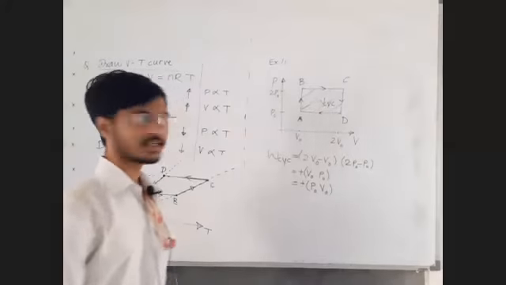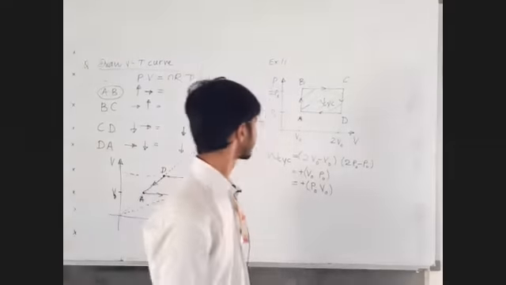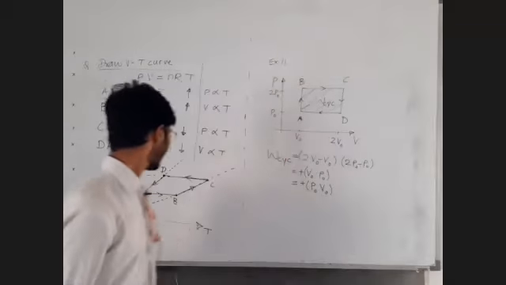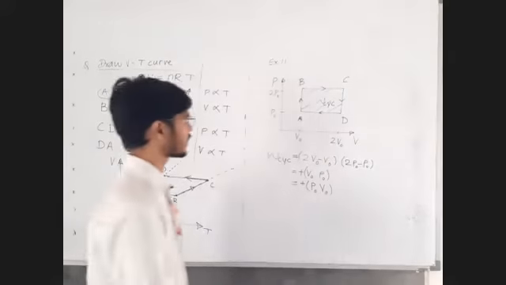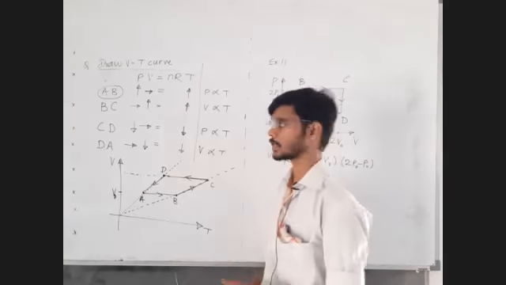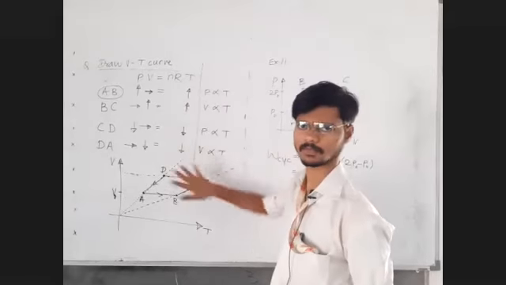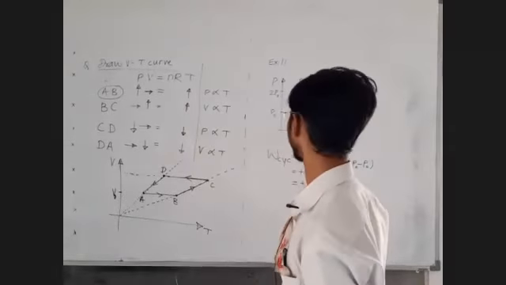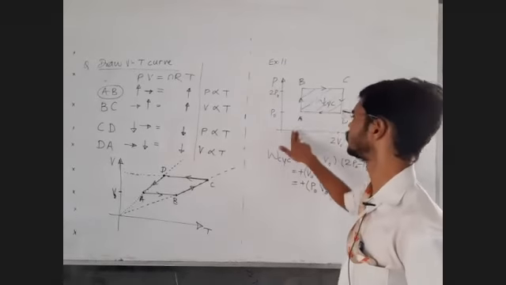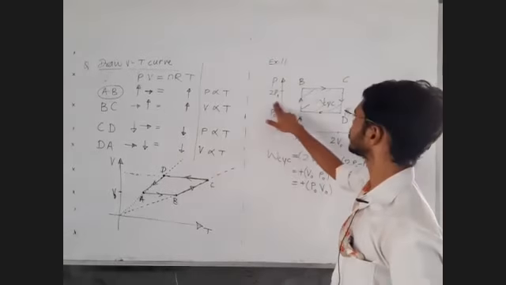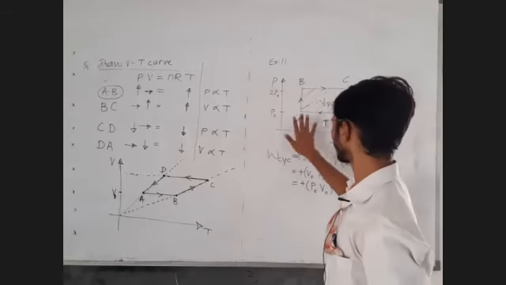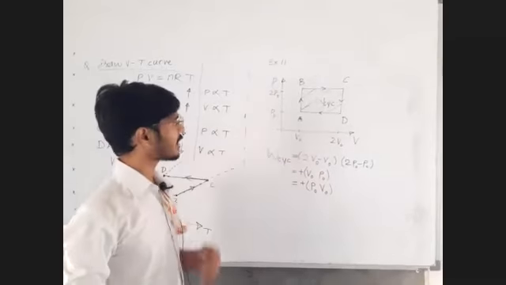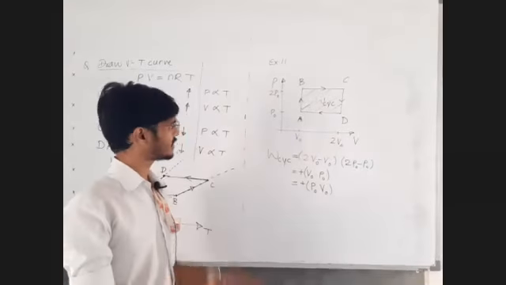Generally, if you master this method, once I see this, I can immediately choose the graph, because I have practiced this so many times. Or I can at least eliminate the wrong options, because here I can see that A to B volume constant, A to B pressure increasing. So this method is so clear to me that looking at the diagram, I can eliminate at least two options, or immediately choose the option.